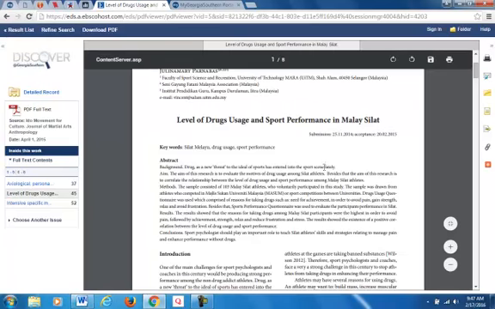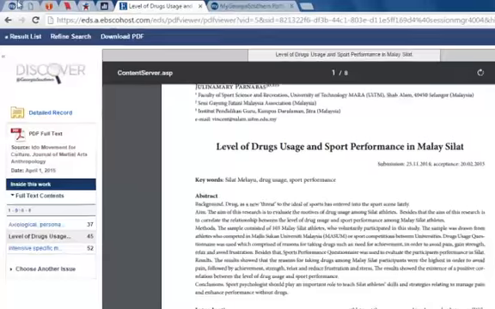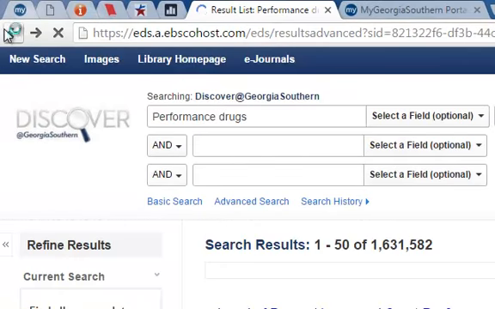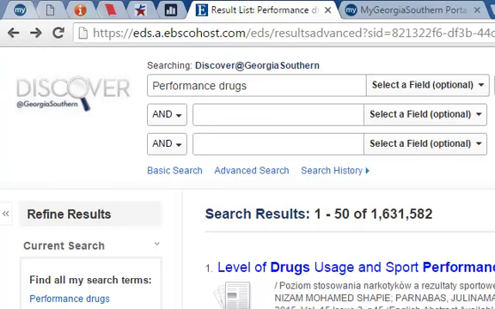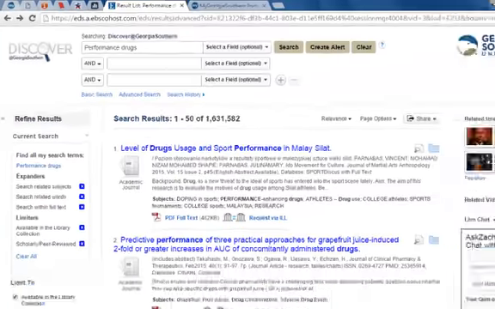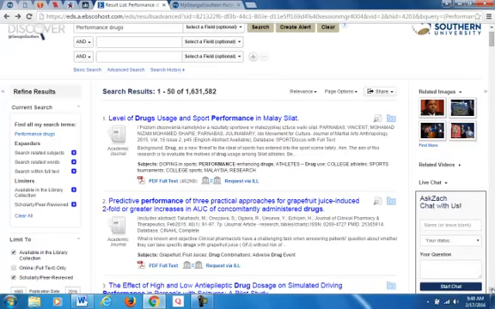And if this article is good, I usually just save it and continue searching for other sources on Galileo, because you don't want to have one source, you want to have several. One source is just not enough.